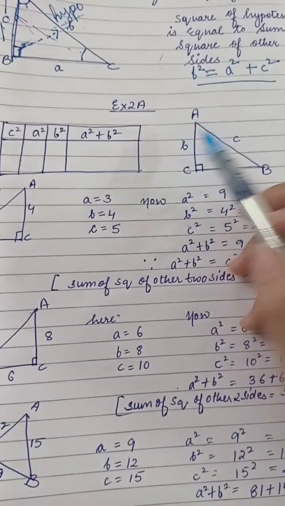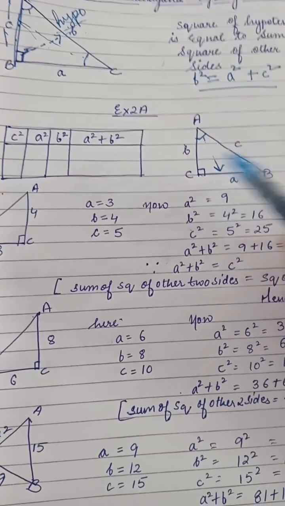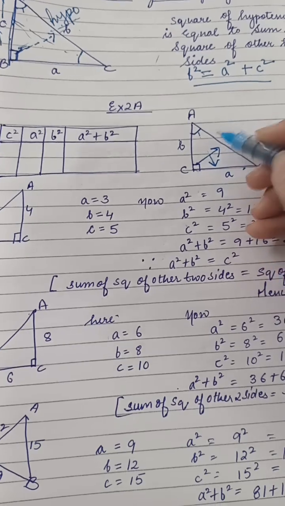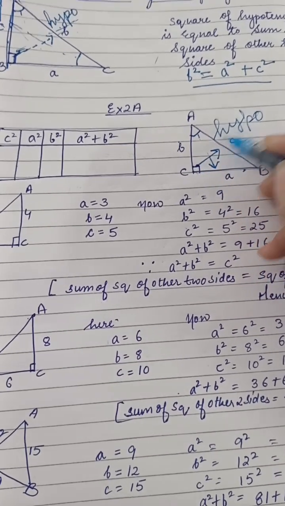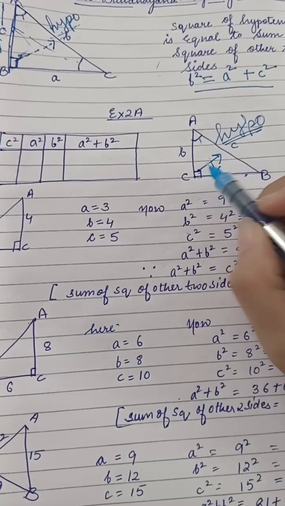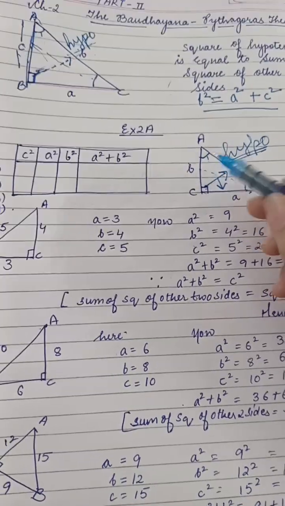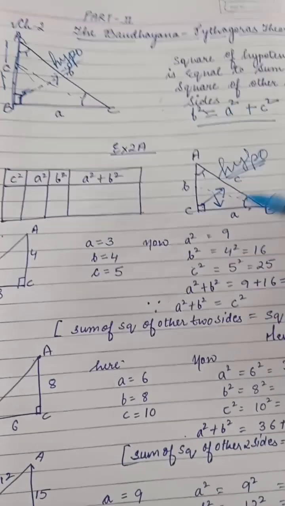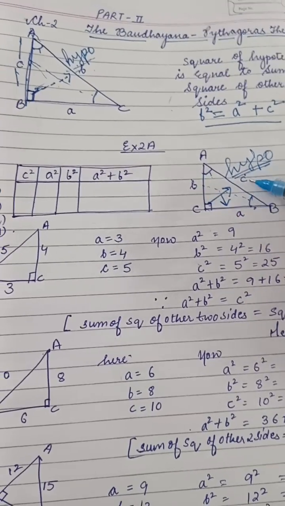This is the triangle which is denoting that opposite to angle A is side A, opposite to angle C, which is always a hypotenuse. Why? It is opposite to 90 degree. Hypotenuse is opposite to 90 degree. And opposite to angle B is your side B. Okay, from here we are going to get the value of A, B and C. Small a, small b and small c.